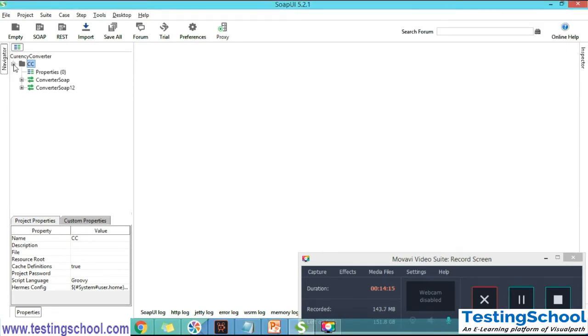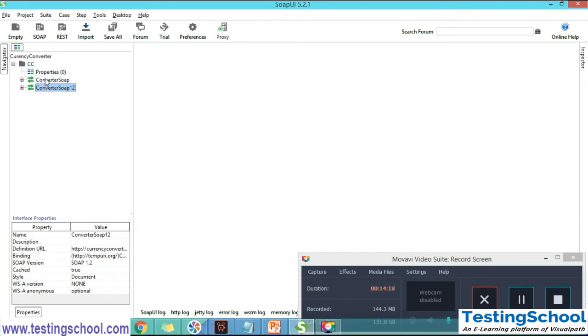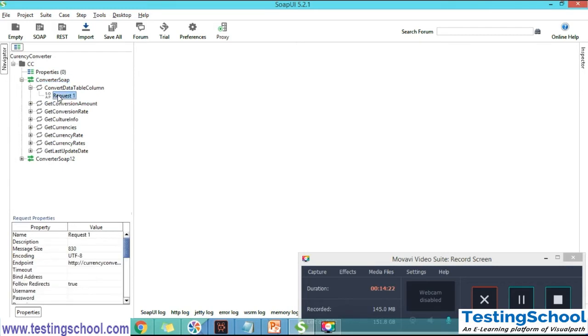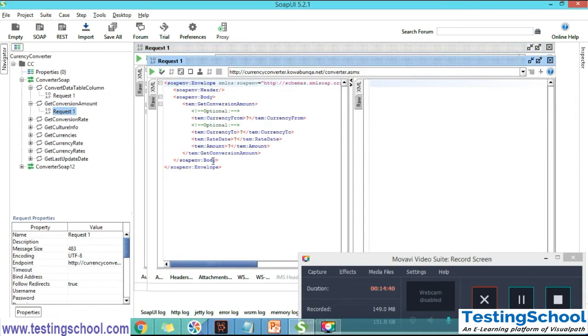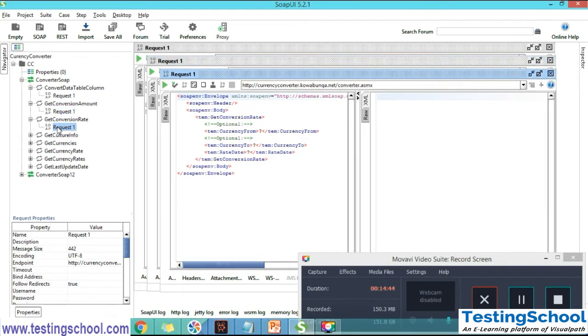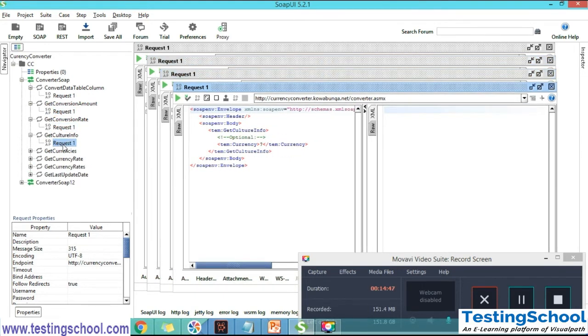So in currency converter we can see these are two operations. If you click on this, these all are different requests we can see. If you click on the SOAP request, you can see, because we created the SOAP project, all these are SOAP requests. We can go into the depth, but to start, we can see these all are in converter SOAP.